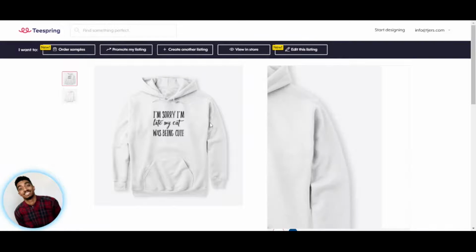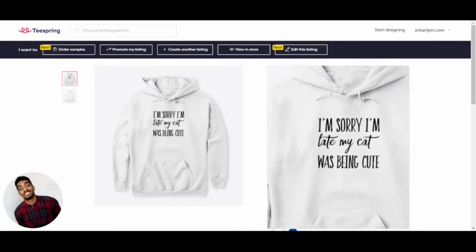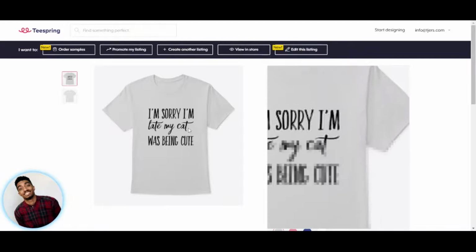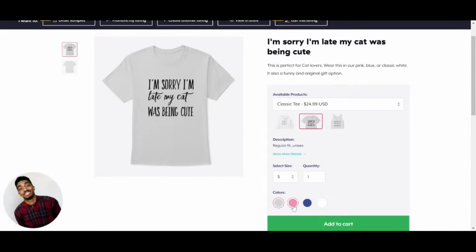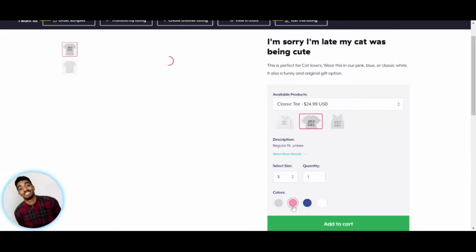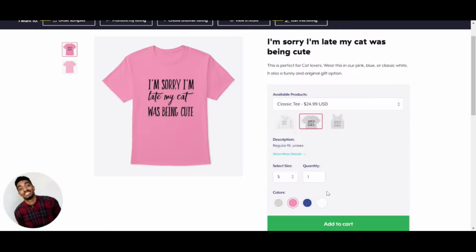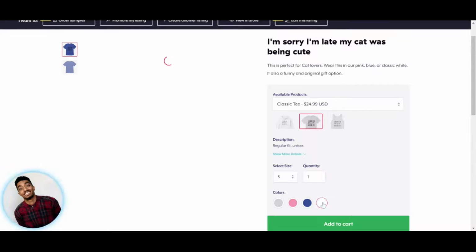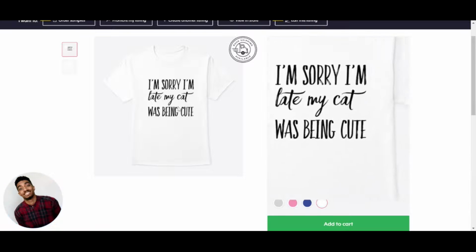So this is how it will appear when people view it. They'll be able to get a close-in look of it. They'll be able to check it out on the different styles that we have it in. They can go through the colors. This is how it's going to look. When they click through the colors, there's pink. There's the blue. And then, of course, we have the white. The white looks really good.